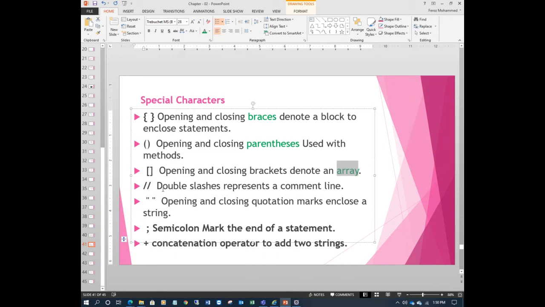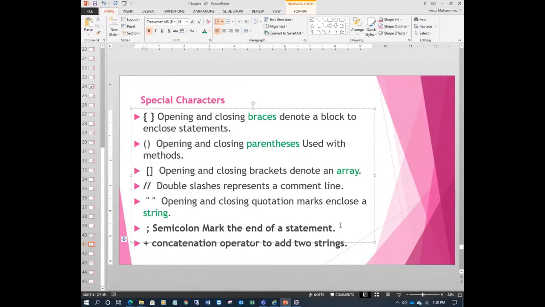Now let's see this one. Double slashes, I will show you later on. Double quotes, opening and closing quotation, enclose strings, mostly representing a string. Semicolon marks the end of the statement.